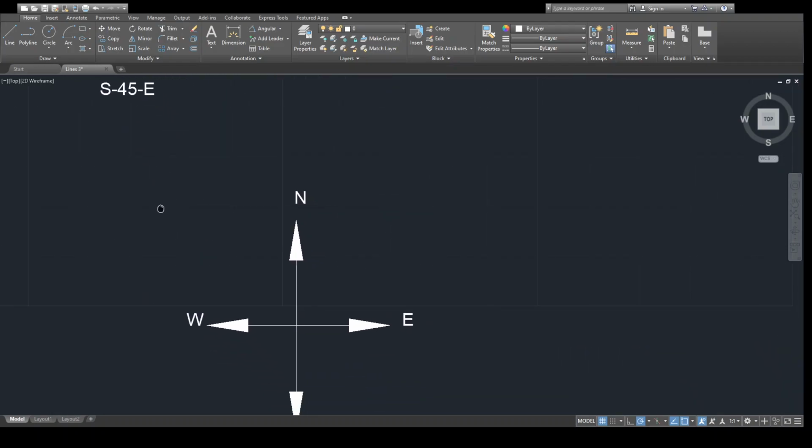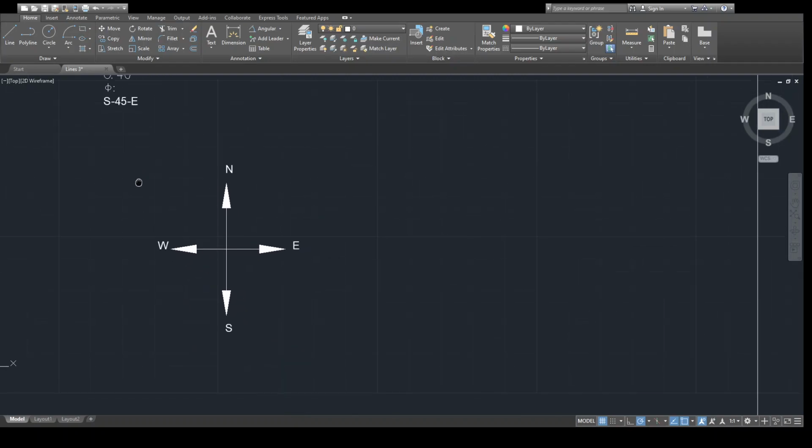So what is meant by S45E? S45E means from south to east 45 degree. Suppose S30E, then south to east 30 degree.